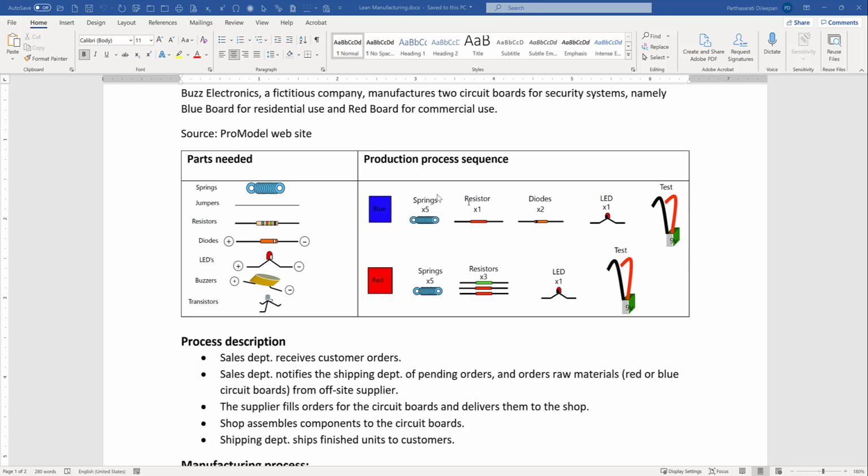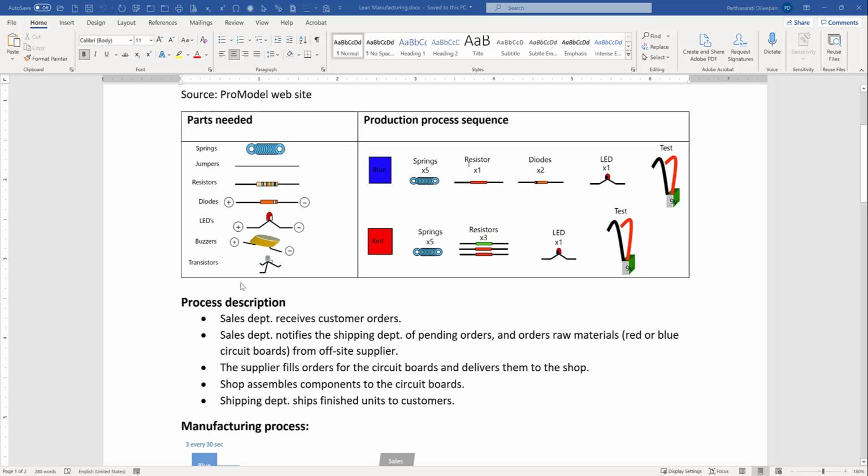Now red also has the same set of workstations, except that it does not have LED. I'm sorry, it does not have diodes in its path. So that is your manufacturing side, and then we have the